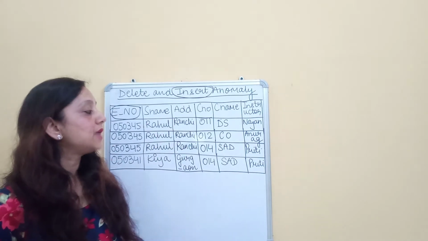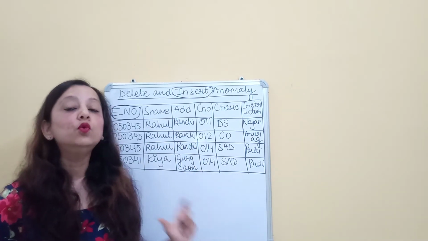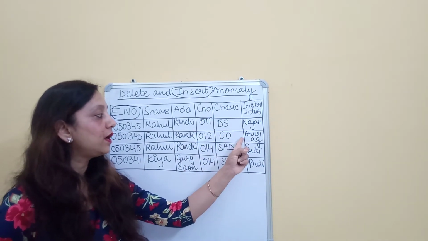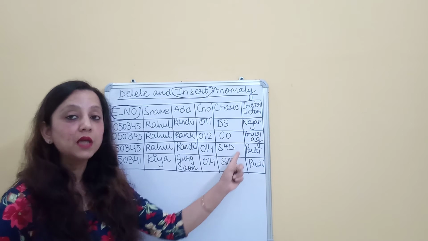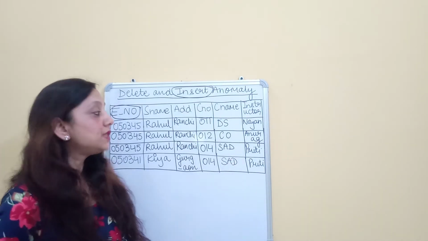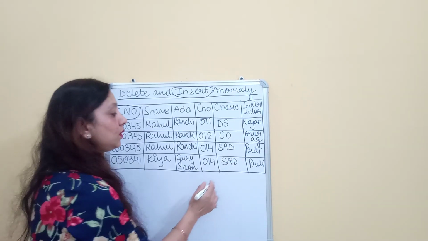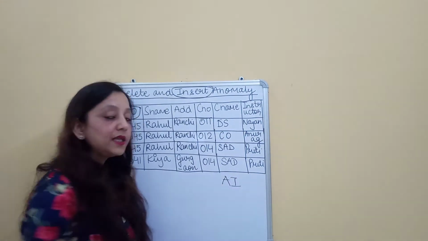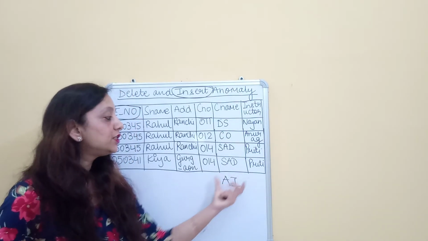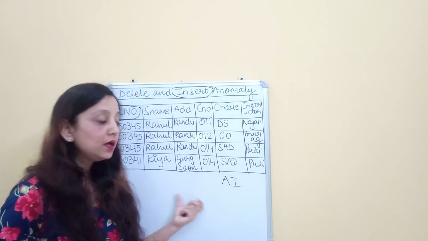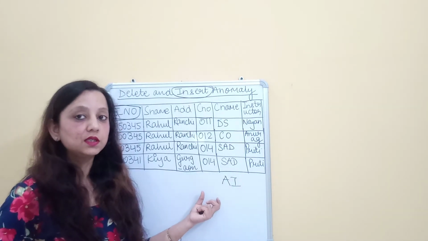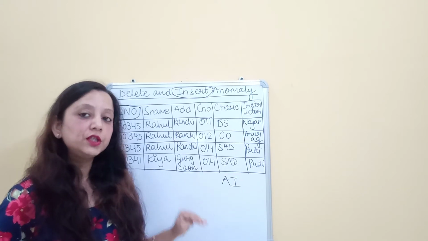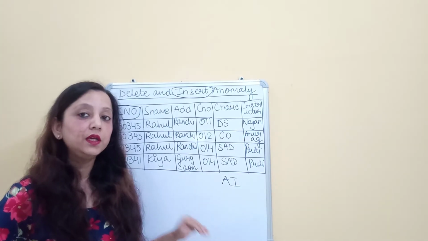Now say for example, I want to add a new course over here. You can see the list of courses over here. We have data structure, we have computer organization, we have system analysis and design. Say for example, I want to put a new course known as artificial intelligence, AI. I want to list one another course in this table named as artificial intelligence. Now, as of now, no student has enrolled in artificial intelligence. It is a new course which is being introduced.